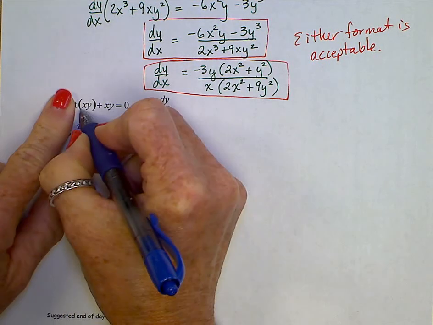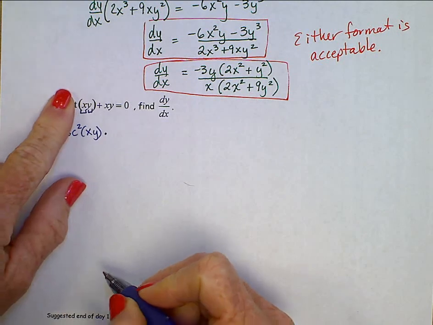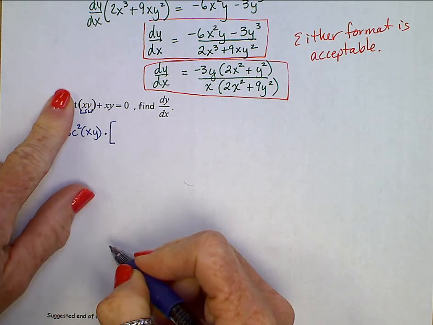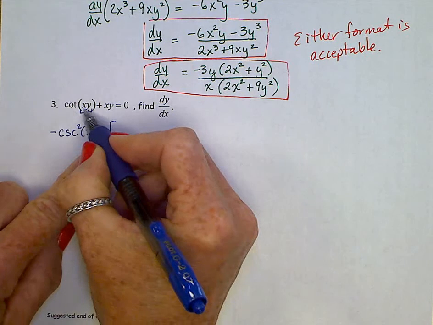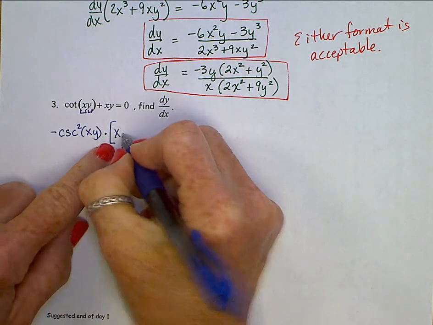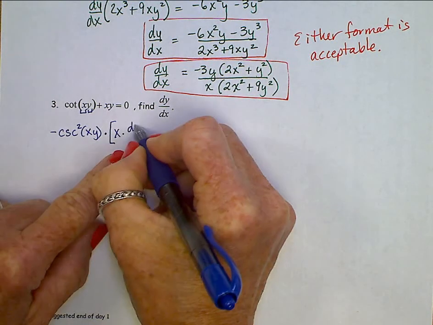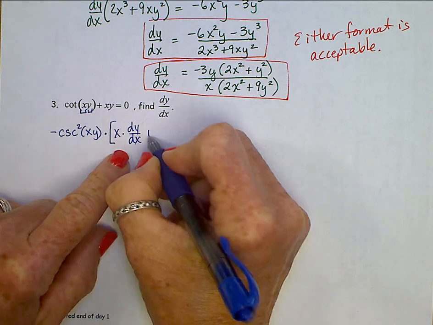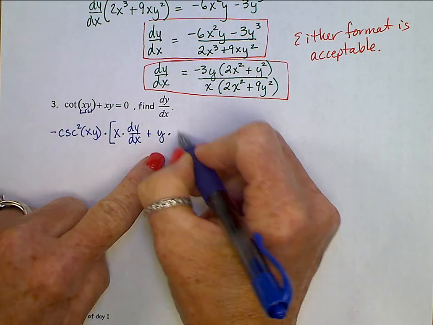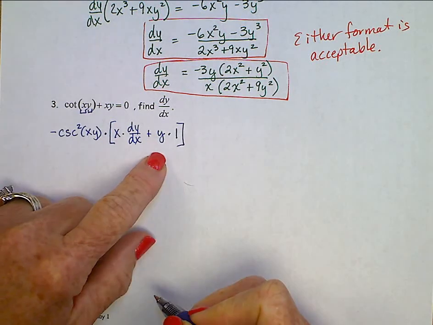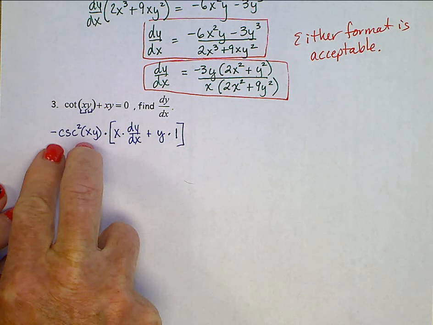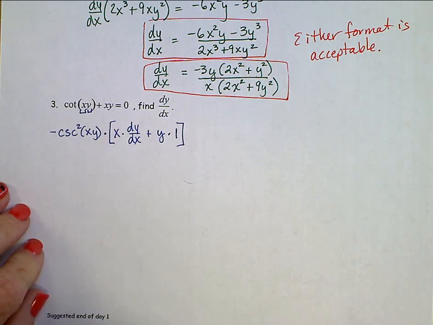Oh boy, and the inside is a product rule. First is x, second's y. Make sure you use square brackets or parentheses to get that product rule, all of it times this negative cosecant squared of xy. So first, x times the derivative of the second, dy/dx, plus the second, y, times the derivative of the first, which is 1. Again, make sure you use the square brackets or parentheses here so that this negative cosecant squared of xy goes to both pieces. All right, plus,